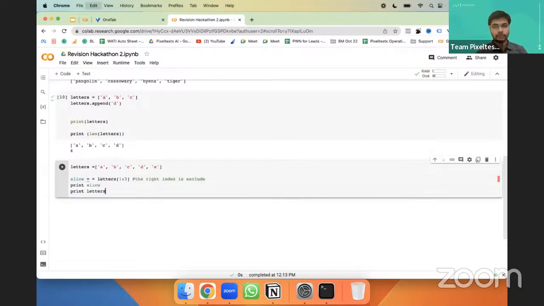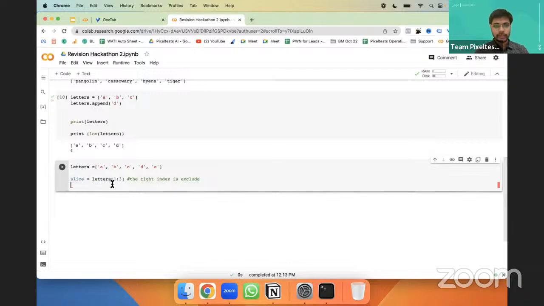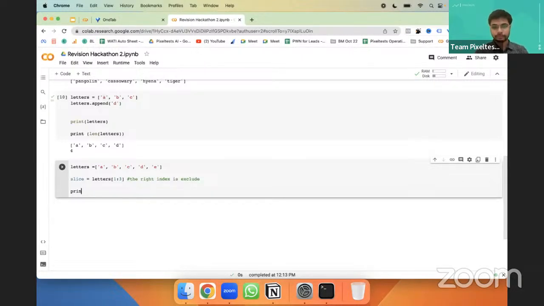So now what we are going to do, we are going to use the name of the first list and say 1 to 3, right? So basically, if you use this, there'll be a new list created, which is slice, and it will be a slice of the main list and it will be from 1 to 3. And if you see, the right index is excluded, right? So let us see what does that mean.